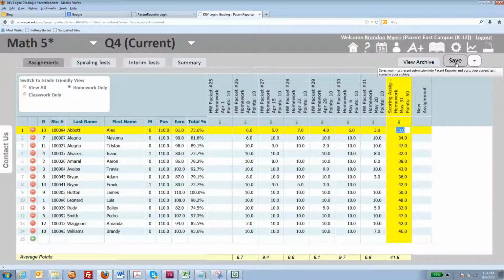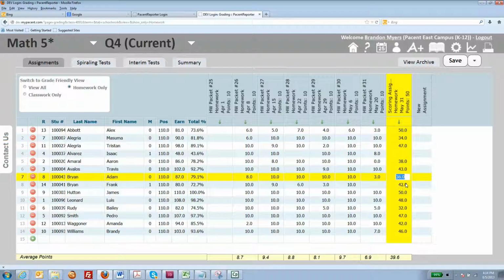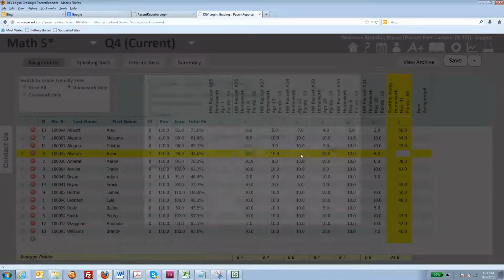That's very easy. What we've added as a new feature in Patient Reporter for this year is the ability to add some comments. And so I'm going to take a few scores away. Let's take Isaac's score away. Let's take Adam's score away. And let's take Bailey's score away. Now, if I double click on Isaac,